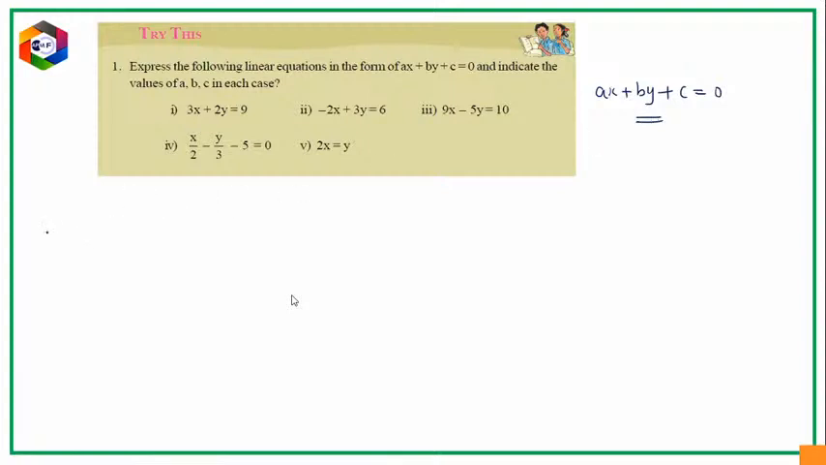Now, try this. A few questions are given. Let us take the first one. It is a simple question: 3x plus 2y is equal to 9. Now it is asked to write each and every equation in the format of ax plus by plus c